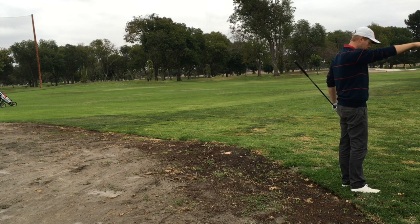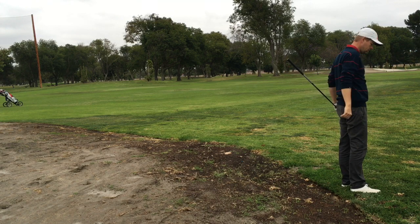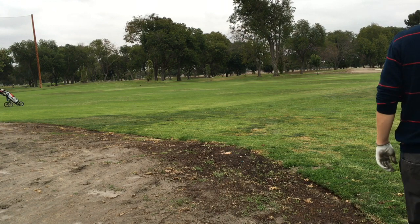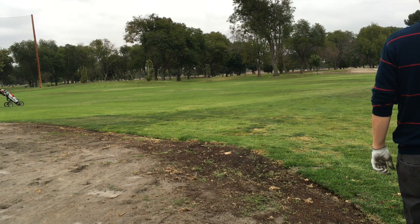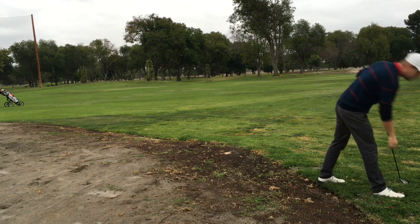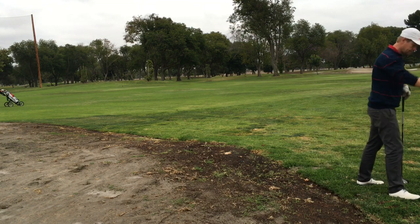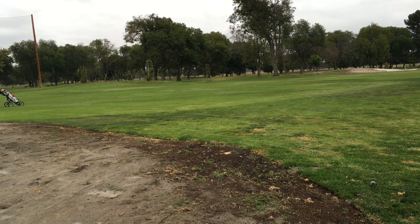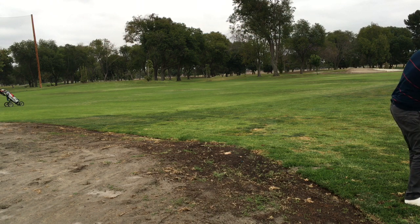So I kind of set the camera up for where the ball was, but then didn't re-aim the camera. And then I took my first drop and I saw that I was still standing in the hazard, and my partner told me I needed to take full relief, one club full relief. So here's full relief, and now full relief gives me a shot with a 3-wood into this par 5 underneath